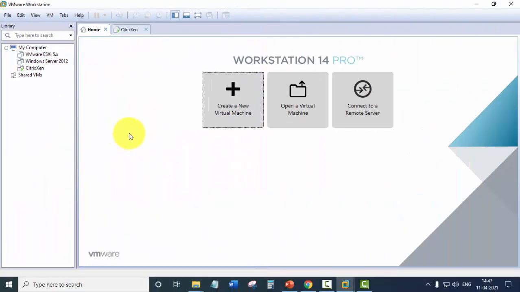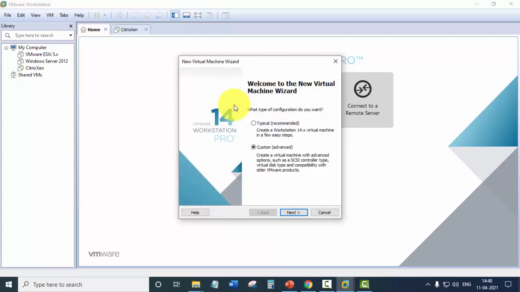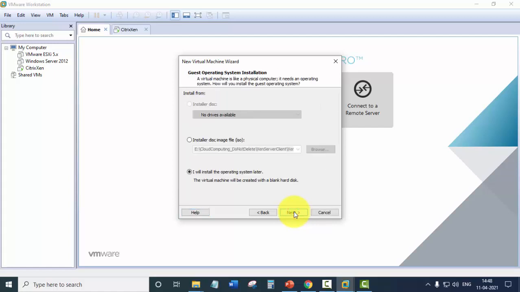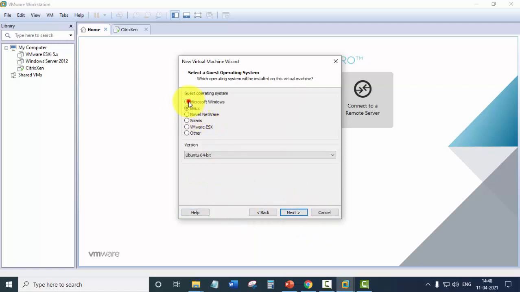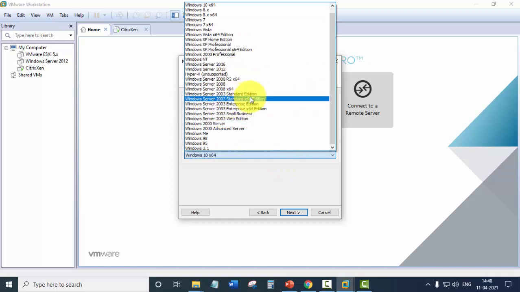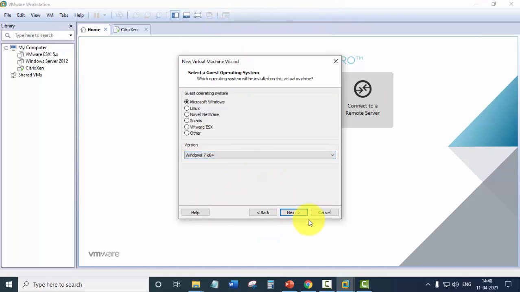So here we are back in the VMware Workstation, and now we will create a Windows 7 virtual machine. Creating a virtual machine is all the same process. So we'll click on create new virtual machine, custom, next. It's the limitation of the VMware Workstation. I will install the operating system later. Click next, select Microsoft Windows as the guest operating system, and we will select Windows 7 64-bit. Next,